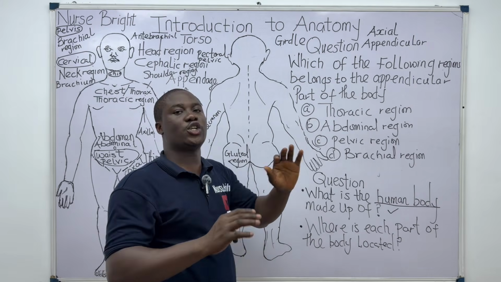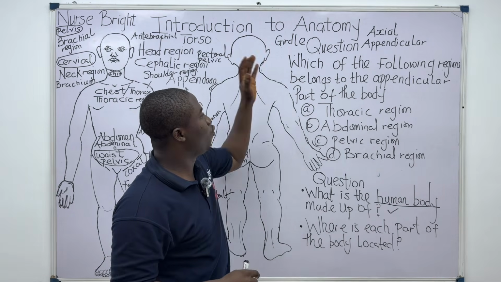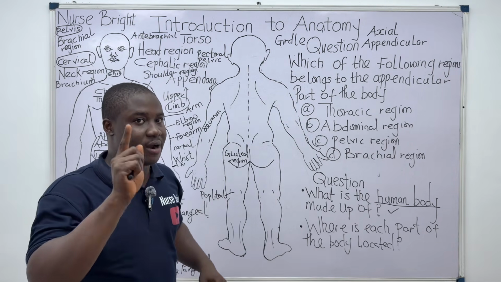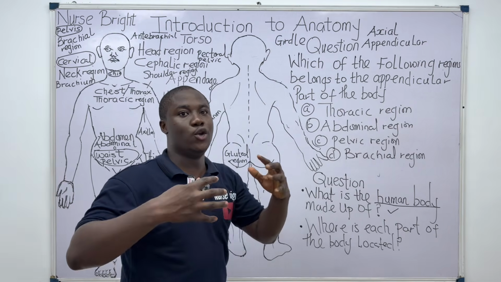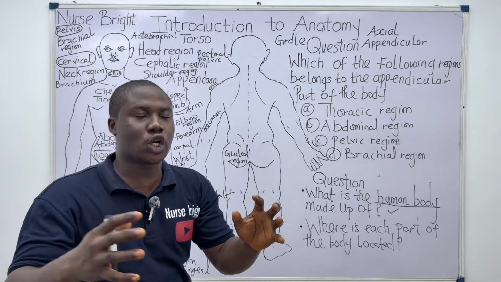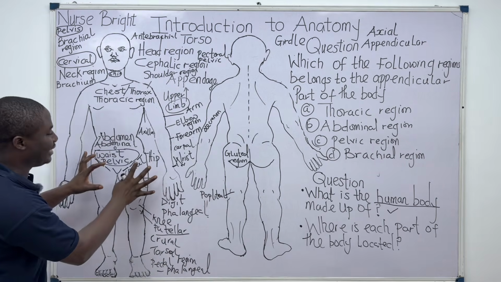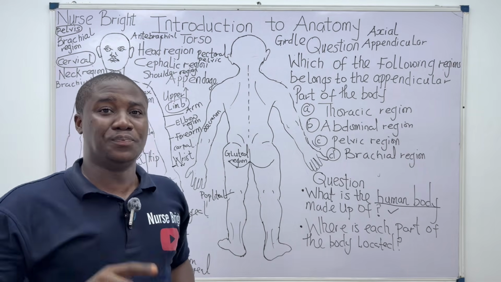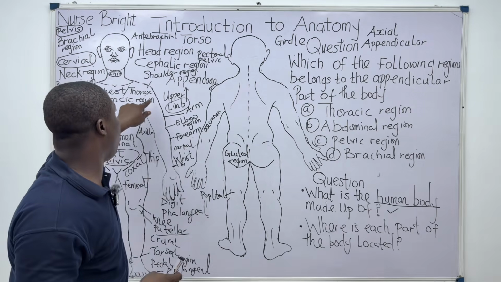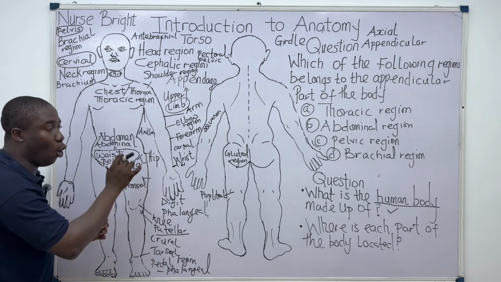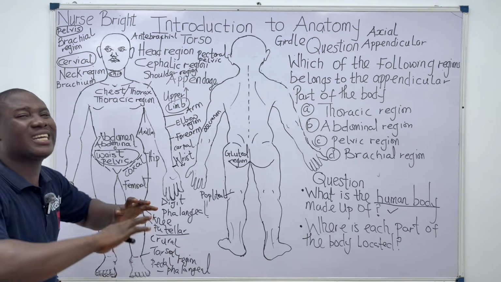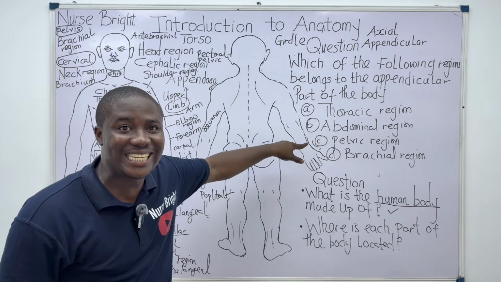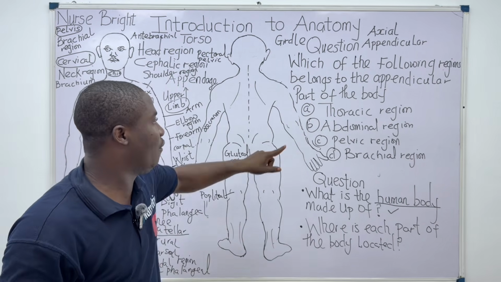Okay guys, this question is for you, and it says, which of the following regions of the body belongs to the appendicular part of the body? Remember, to be appendicular, you include structures found in the upper limb and the lower limb, and also two other things I mentioned, the pectoral girdle and the pelvic girdle. Listen, pelvic region is different from pelvic girdle. Don't tell me the answer is C. Be very, very smart. Is the answer A?